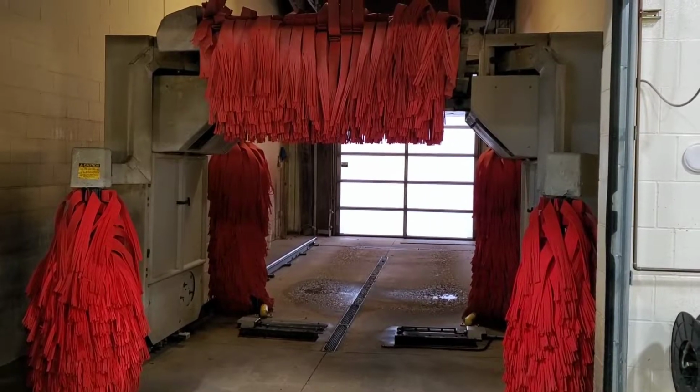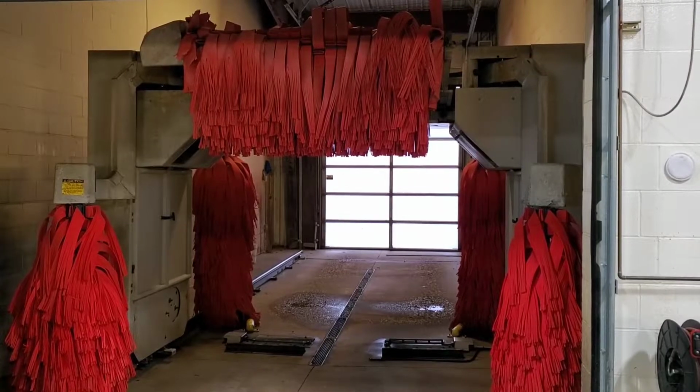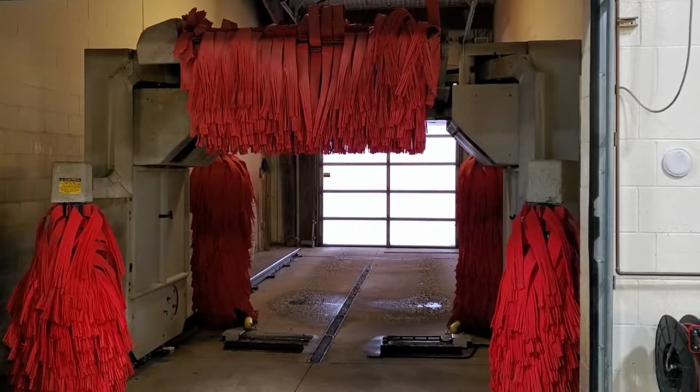This Softgloss XS machine has been in operation since about 2008 or so. I've been maintaining it ever since. I'm going to show you a little maintenance I do to it and show you some features that this thing